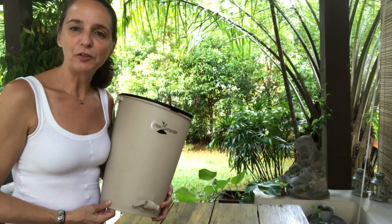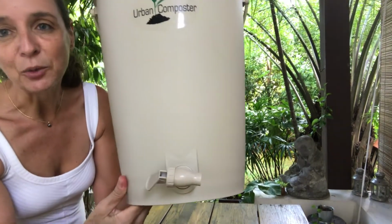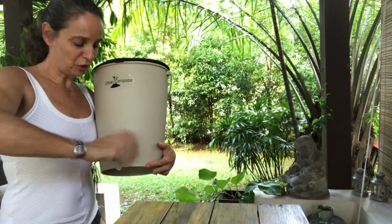I'm going to show you how to fix the tap that's in the wrong position on your new urban composter. As you can see, this one is not sitting straight down. Very easy fix. All you need to do is unscrew the tap,